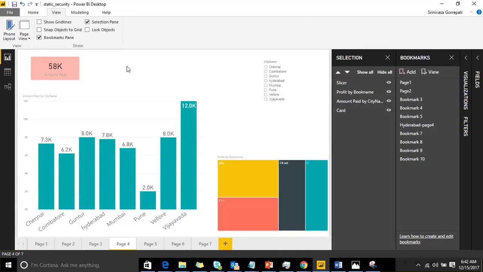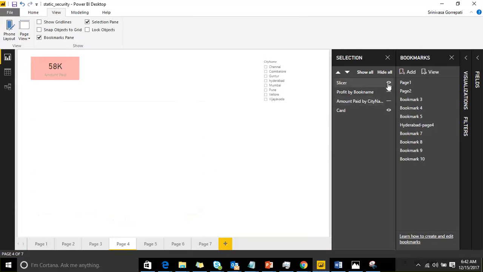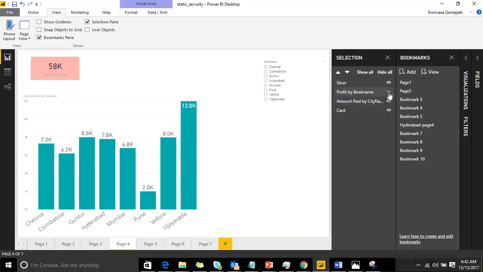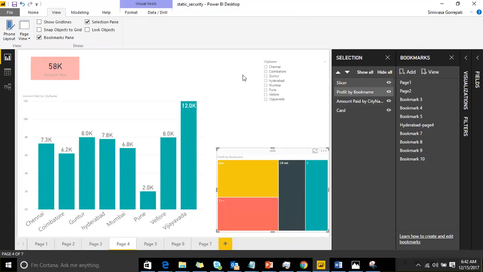As part of a report page, if you want to hide any visualization, you can hide it with the help of this selection pane instead of removing it, or instead of duplicating a page, removing that visualization and showcasing it as a new page. What you can do is hide whatever you don't want and enable whatever you want to showcase. That is what you can do from a selection pane. So the selection pane will allow you to hide or display the visualizations of a page.